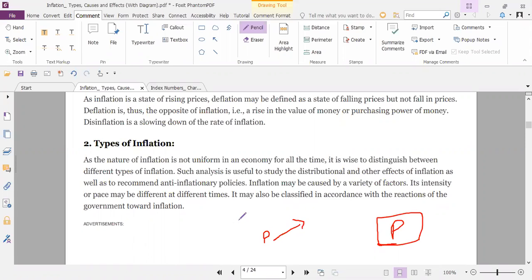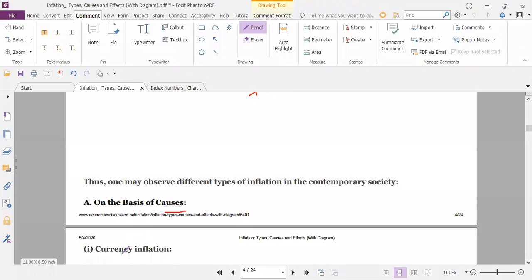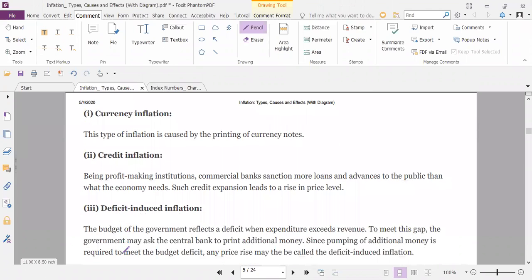Okay, so inflation is just that it is rising of prices. And that too not of one or two commodities, but all the commodities as a whole. If the prices are rising consistently over a period of time, then we call that situation as inflation, right? So there are various types of inflation. I'll just give you a glance over what are those types, and then we'll discuss one by one. So on the basis of cost, you have currency inflation, you have credit inflation, you have deficit induced inflation,